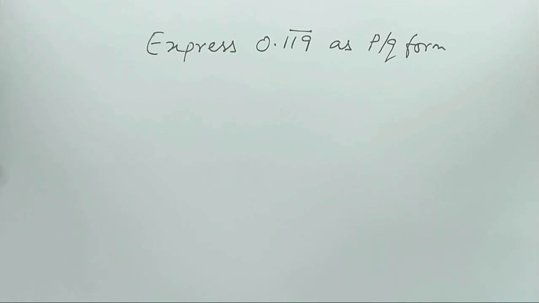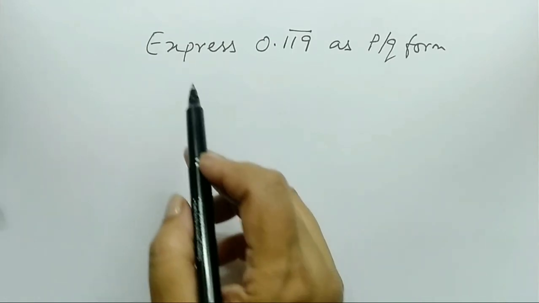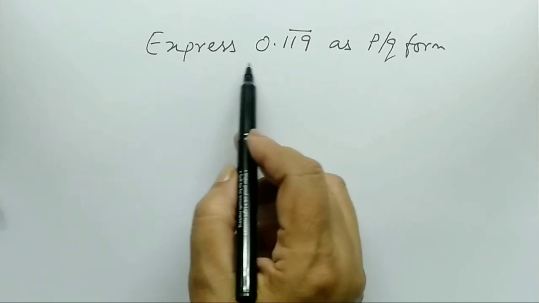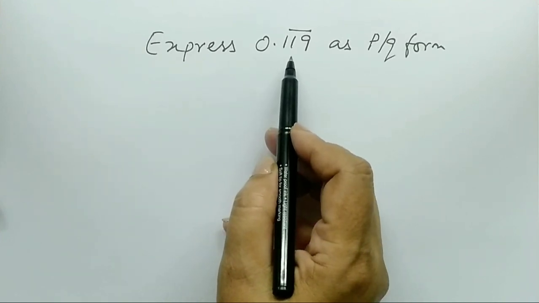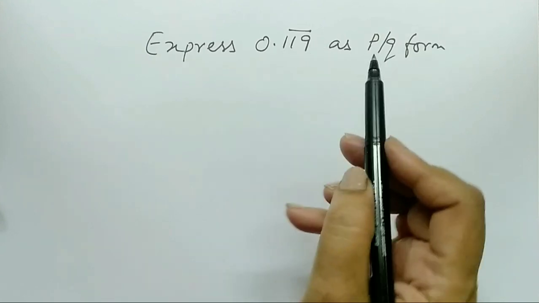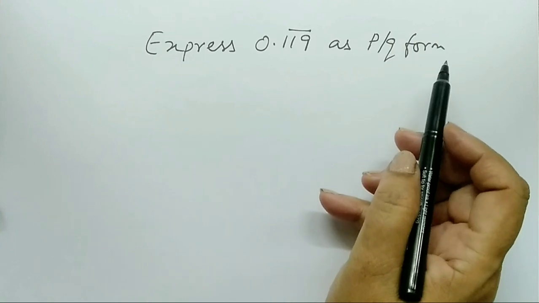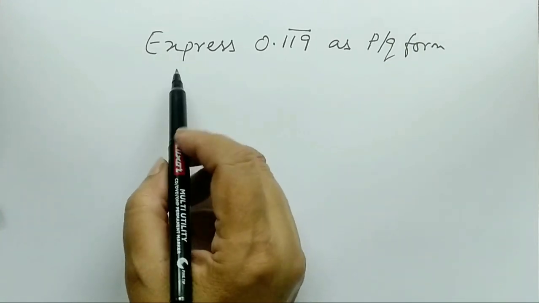Hi kids. So here we have a very interesting question. We are asked to express 0.119 bar as a rational number, in p by q form. Alright, so let's assume